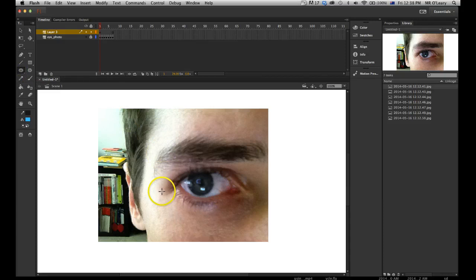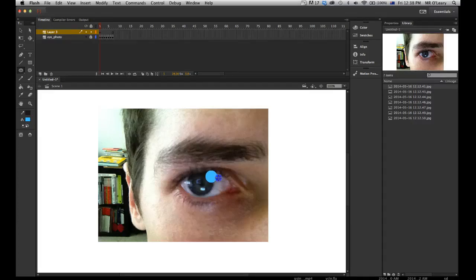So select the oval tool. Now I can either left click and drag it from here and get a rough idea of where it's going to be, but the way I'm going to do it, so just undo that, Command Z will undo it. I'm going to go in the middle of the eyeball, roughly. Left click. Now if I hold shift,